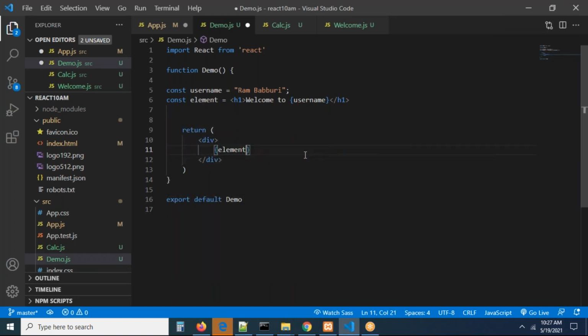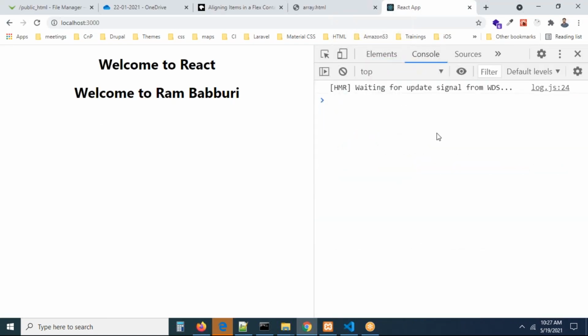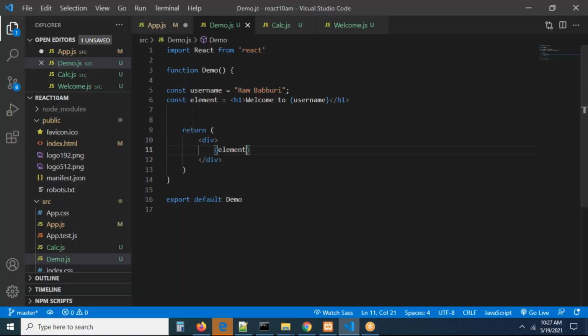Now it is going to work for you perfectly. Now I'm going to refresh the page. Do we have any error in the console? I don't have any error in the console, and it is printing the output also like this. See, sometimes we take a variable, and we have to pass one variable value to another variable also. You have to understand exactly what the meaning of JSX is. This is exactly the concept of JSX, guys. Try to get some clarity on what exactly we are going to do here, right?